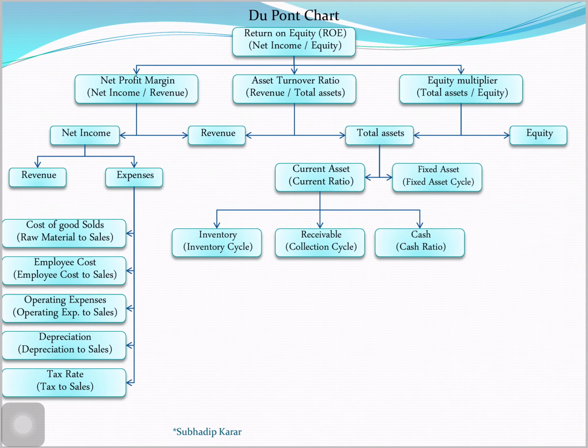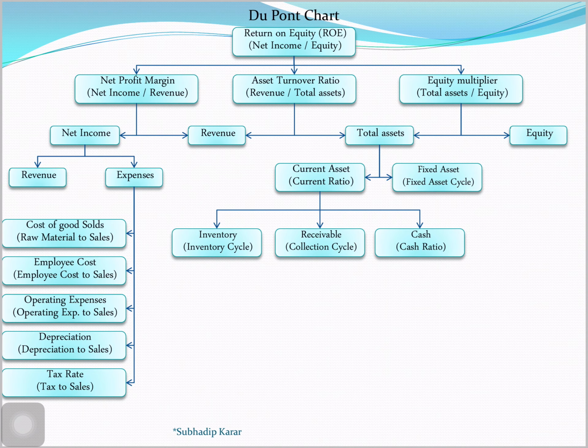Next one is the Dupont chart. I like this one to memorize what the ratios are, and to calculate and see whether the company is performing good or bad compared to its peers in the industry. Dupont chart analysis is the extended examination of the return on equity of a company, which includes the net profit margin, asset turnover, and financial leverage.